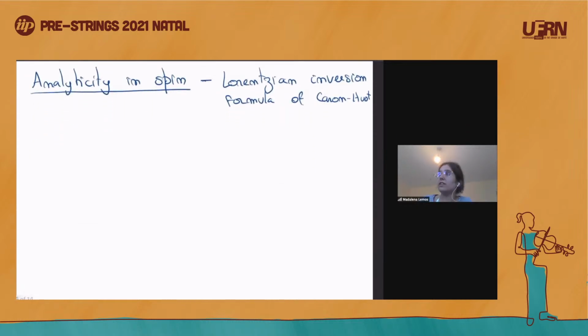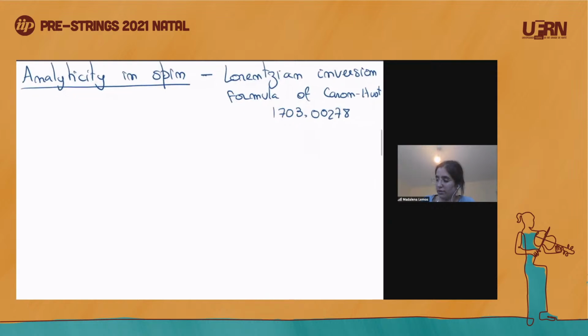And let me give a reference for this. We will now see what the Lorentzian inversion formula is and how it relates to the light cone, and somehow this intuition that is built from the light cone is still there. So it will be useful. So this was the original paper that obtained this inversion formula, but you can also see an alternative derivation